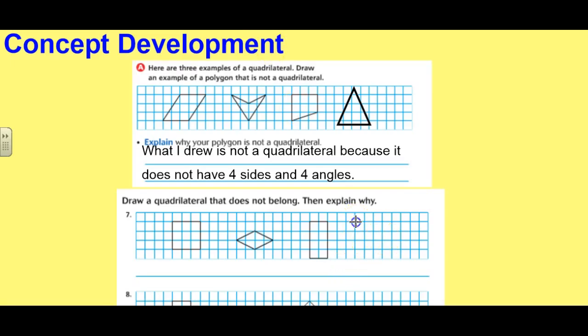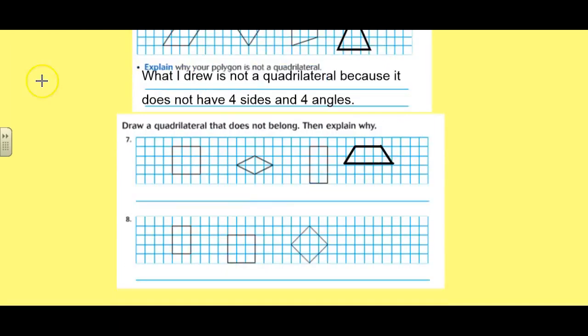Okay, so we're going to draw a trapezoid, and this side has to be straight, so I got to make it straight. And then it has the slanted sides. So that's what a trapezoid looks like. And see that it's not the same as the other quadrilaterals that they have drawn for number 7. What makes this trapezoid not belong is that